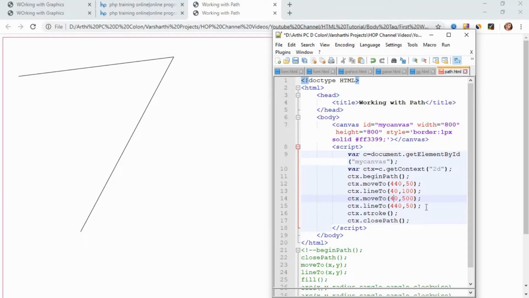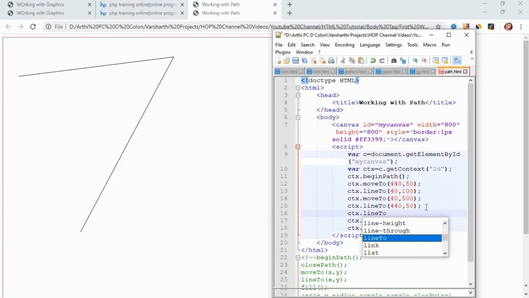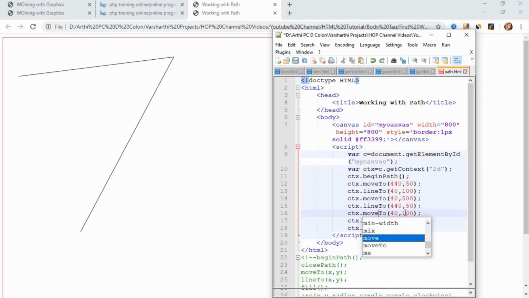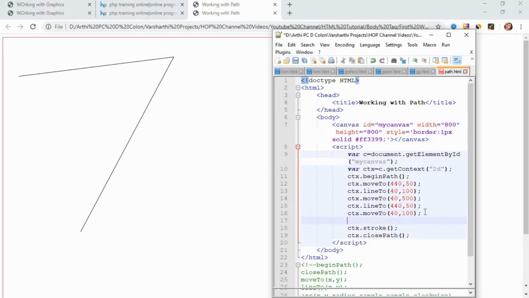So now we have to create a third line, lineTo of 40, 100. Sorry, moveTo of 40, 100. After that, ctx.lineTo of 40, 500, right?